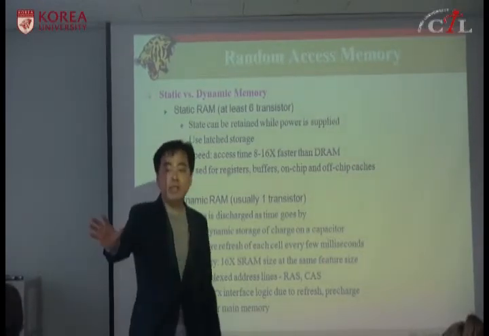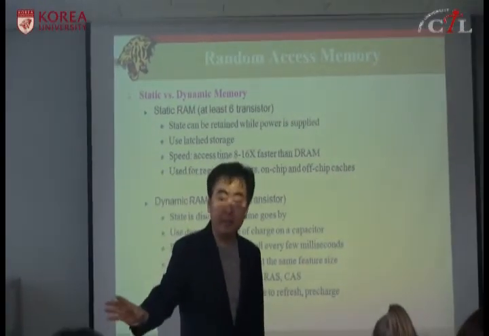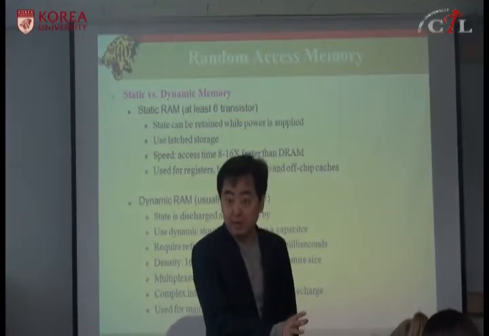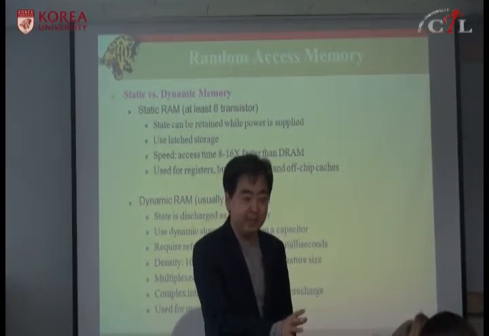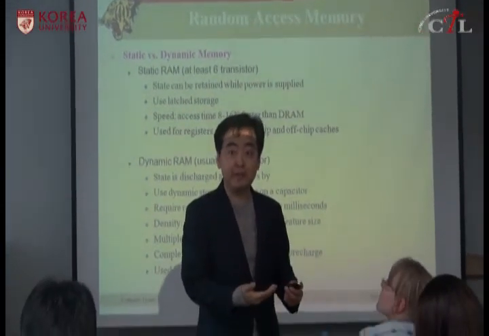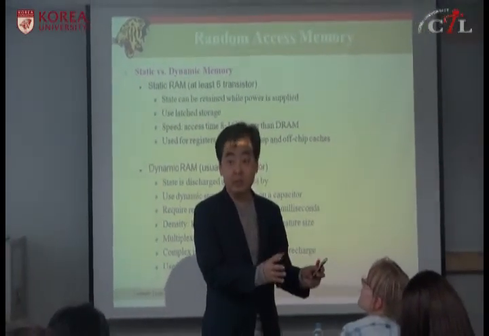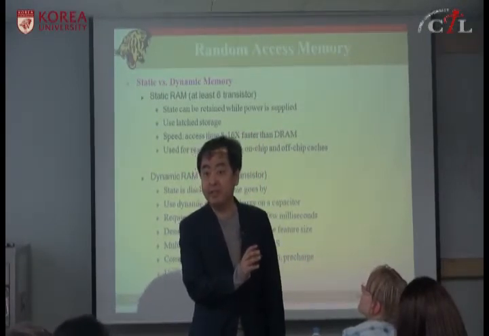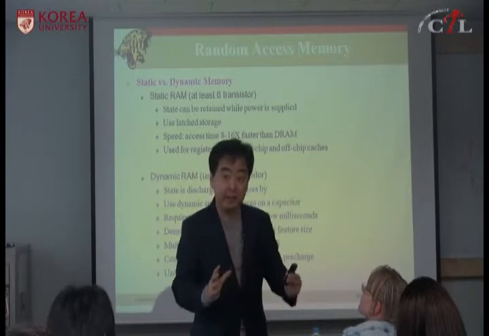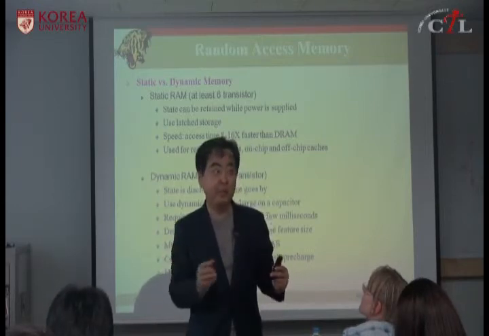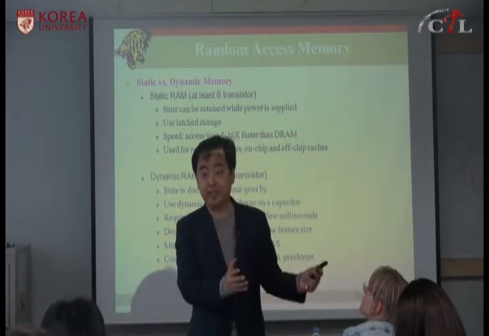But for the same 1 gigabit using the same technology, an SRAM cell requires at least 6 transistors, and 6 means not just 6 transistors, you need more wires. Wires also occupy space. So the simplest SRAM cell requires at least 8 times more area for each cell. Maybe if you add more ports, maybe 16.